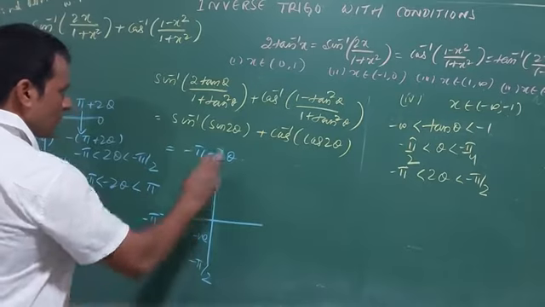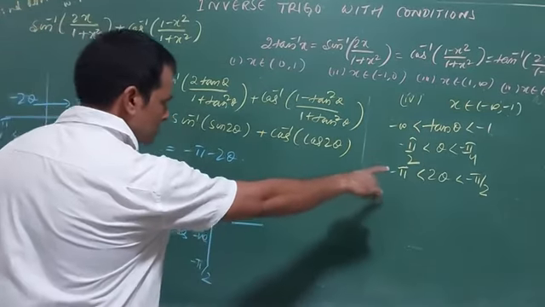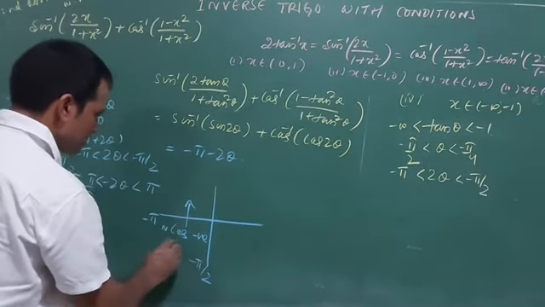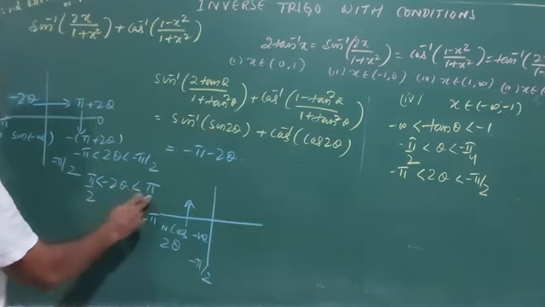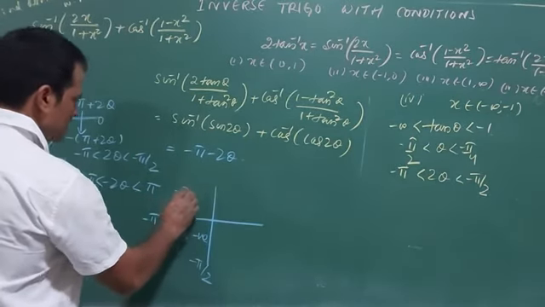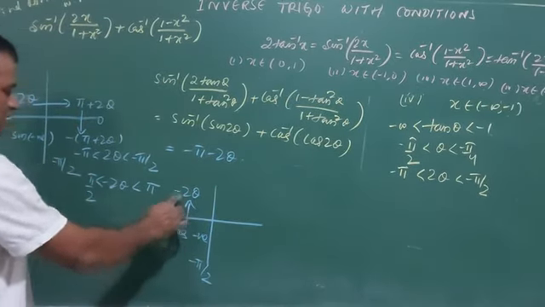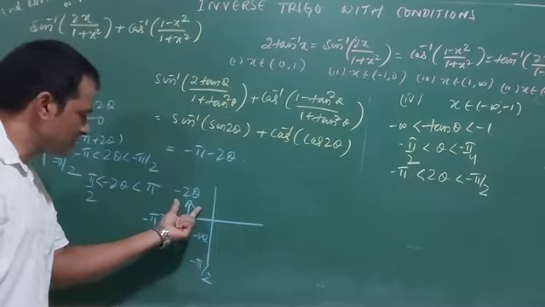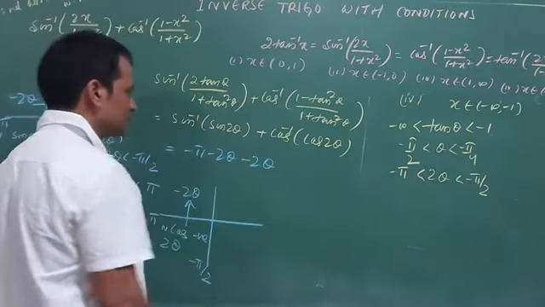So first of all, the value is minus 2 theta. 2 theta is minus pi by 2 to minus pi, so 2 theta is lying here. Multiply by minus, that becomes minus 2 theta less than pi, pi by 2. So I am coming to this now, minus 2 theta, pi to minus pi by 2. That means cos inverse is negative here, and I don't have to go anywhere. So this gives me minus 2 theta.